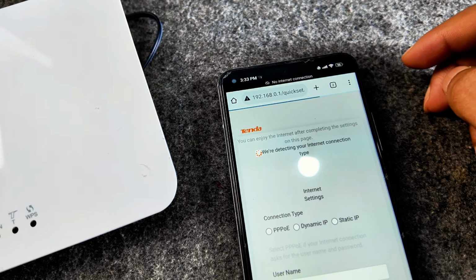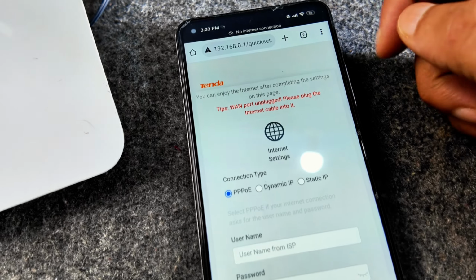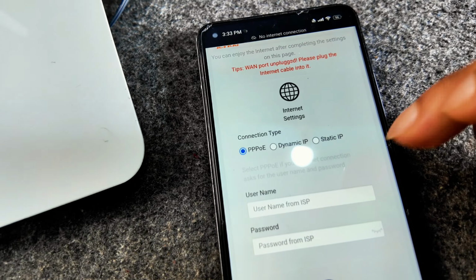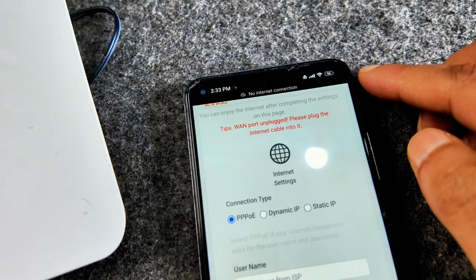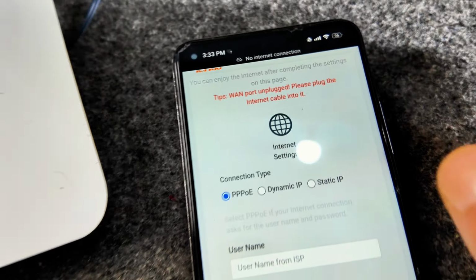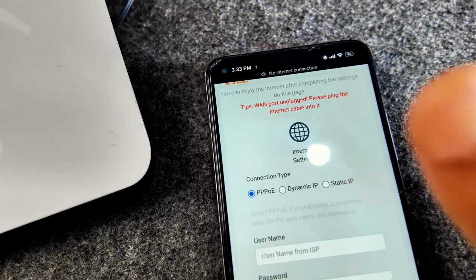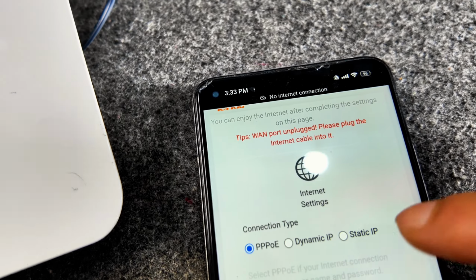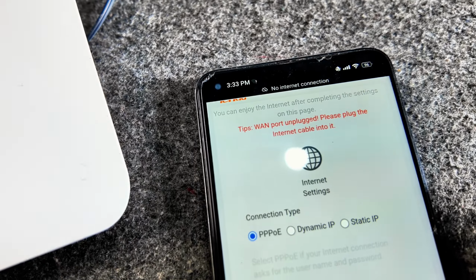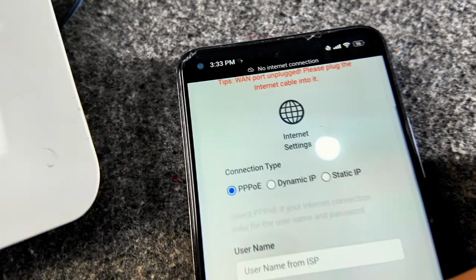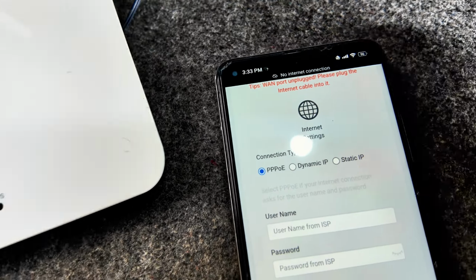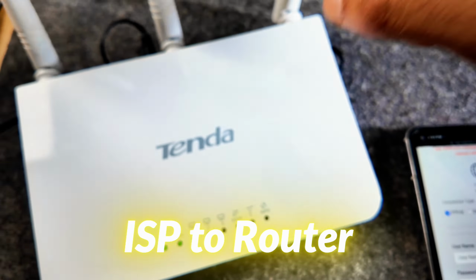Okay, so I just entered the IP address, and here the option is very simple. Three connection types, right? PPPoE, dynamic IP, and static IP. First of all, I would say forget the static IP, because in general your ISP will give you a username and password, right? So select PPPoE if you'd like to connect the router directly to your